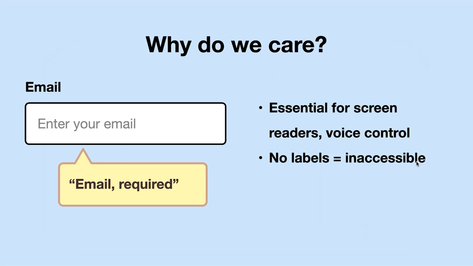Why do we even care about these labels? Well, if you don't have labels, then your screen reader is completely dead in the water. It doesn't know what to say. And things like voice control and accessibility aids are also stuck, because people can say things like "select the email field" or "press the launch rocket button" to some accessible technologies so their voice is understood. And those technologies rely upon these labels. So if you have no labels, the whole thing falls apart. It's completely inaccessible.